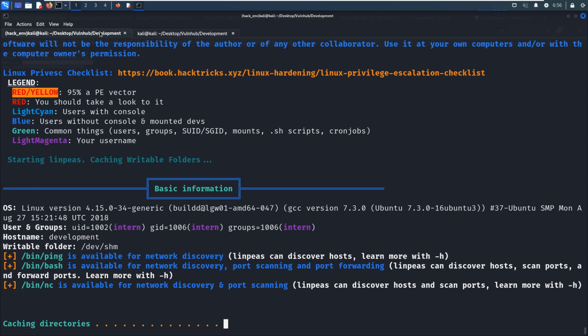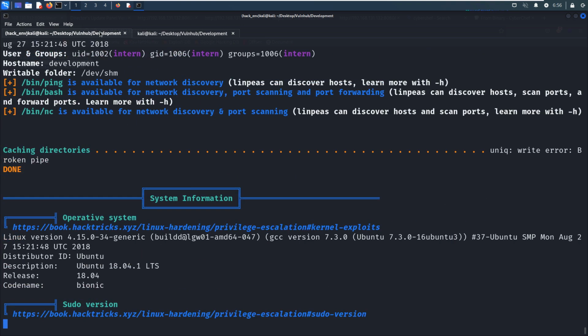When you try to escalate privilege, in most cases, we need to take advantage of this script because it can enumerate the target machine very well. Okay, although we cannot neglect the manual enumeration.